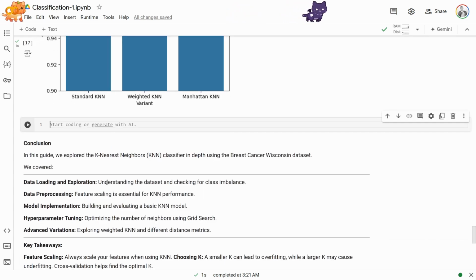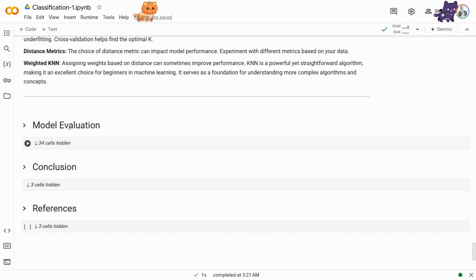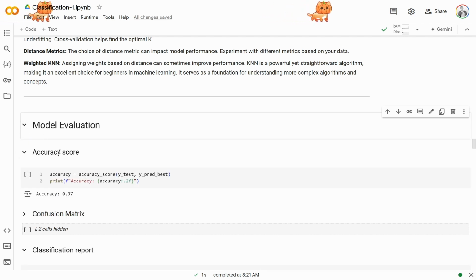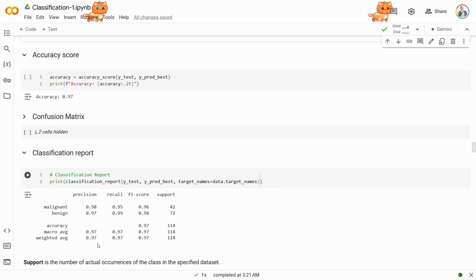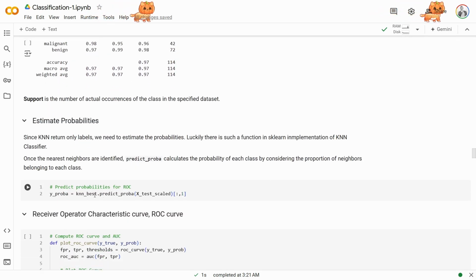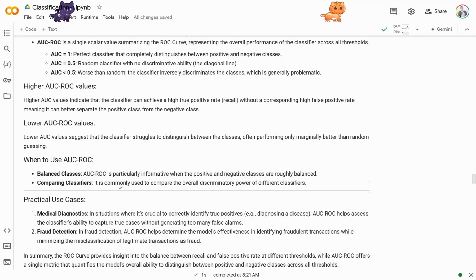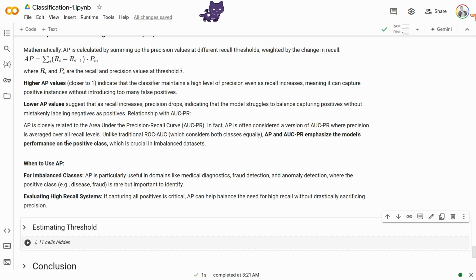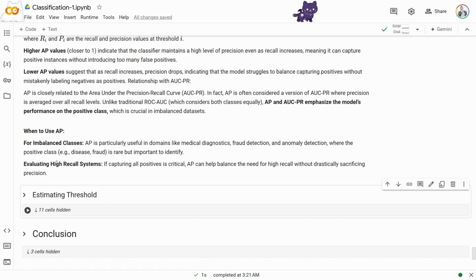Let's move further. Next we'll have the model evaluation. We'll skip it for now and discuss it a bit later. Just for a quick overview, we'll be talking about accuracy score, confusion matrix, which we talked about a little bit, estimation of probabilities, yes, KNN can estimate probabilities, the receiver operator characteristic curve or ROC curve, interpretation of the ROC curve, class score distribution, and estimating the thresholds, but we'll talk about it a bit later in the section on model evaluation. However, you'll have this notebook and you'll be able to take a look at the full notebook with the implemented